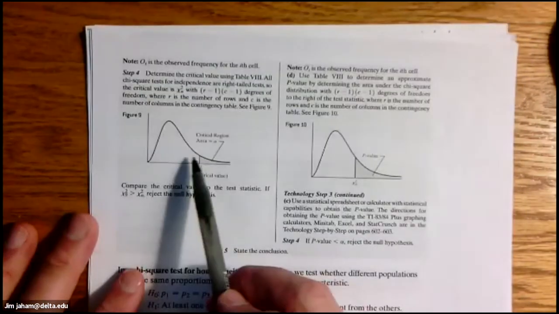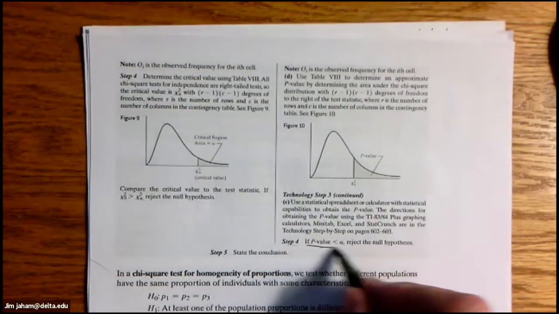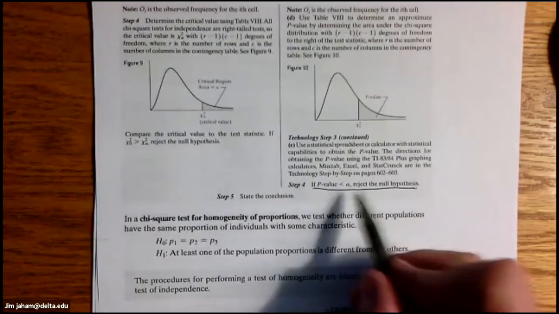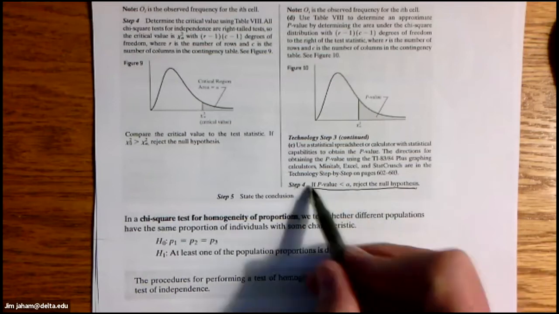There is a classical approach we talked about. Step 4, you can use the classical approach to make the decision, or you can use the same p-value approach. P is less than alpha, reject the null hypothesis. And then step 5 is